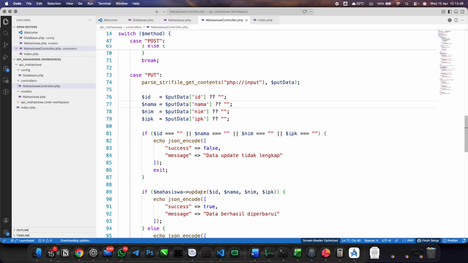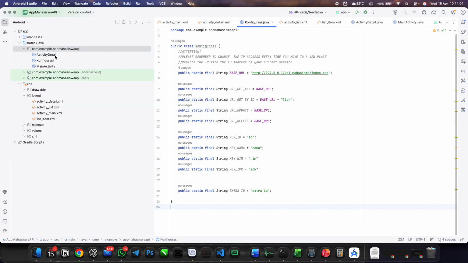So now we will try to configure the front end. Especially, we have to create a new class called request handler. But before that, we also have to configure configurasi.java, which contains the actual URL. Please remember, this URL will be different each time you connect to a different network.